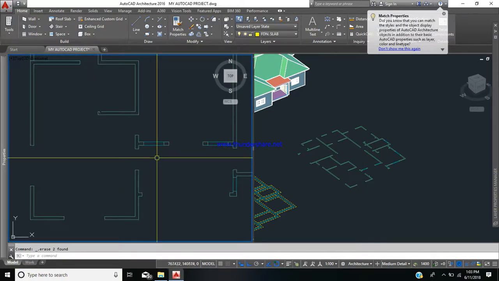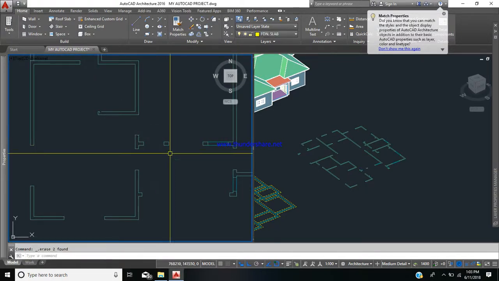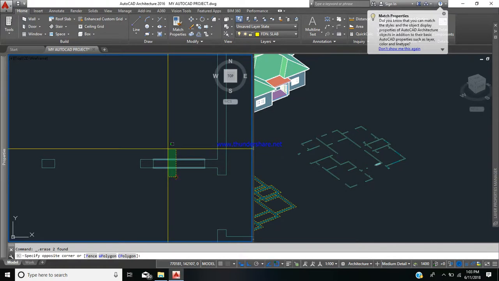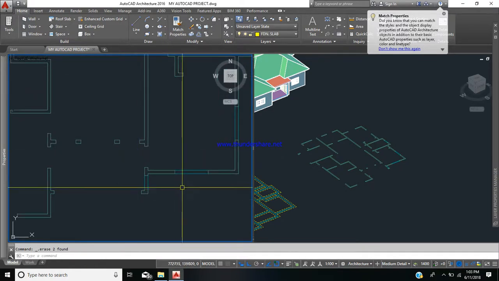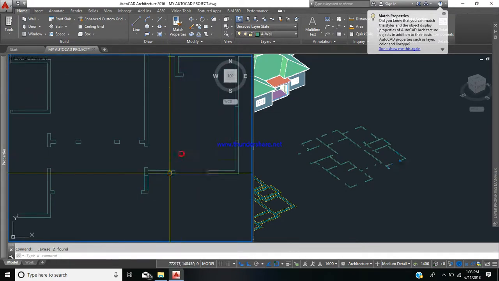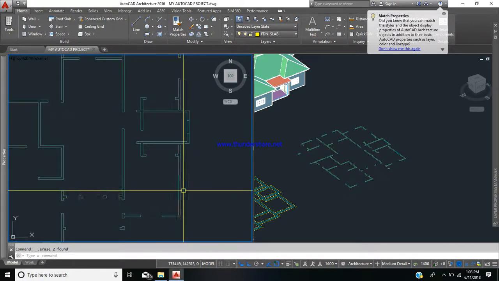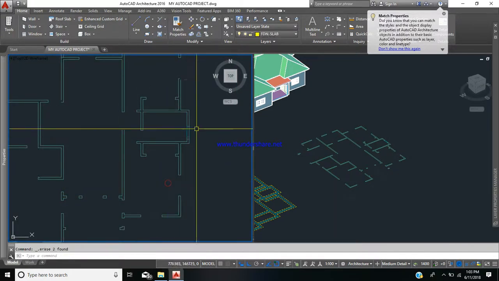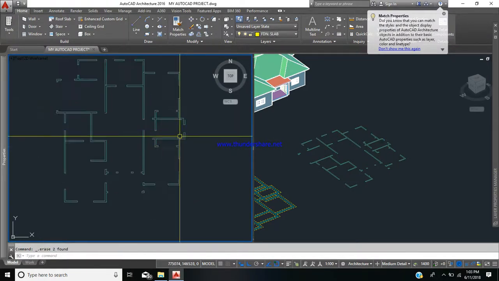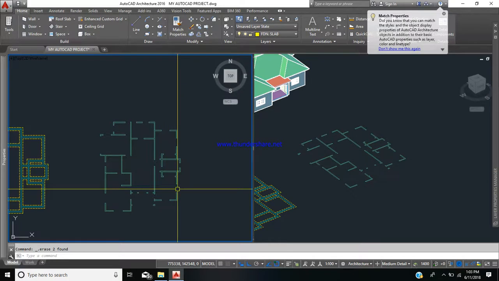I'm now removing all spaces where windows are. Some persons wouldn't really have an issue with them there, but I prefer to know that when I turn off my window layers, those spaces are kept clear. Now I think I have them all. What I'm now going to be doing is to return those layers in terms of my windows and my doors